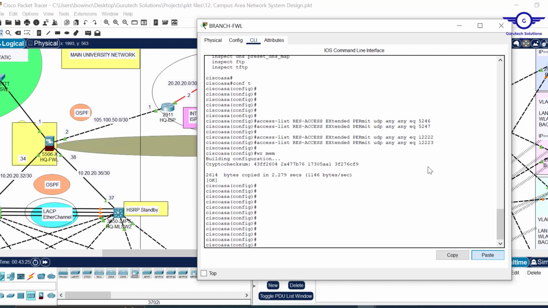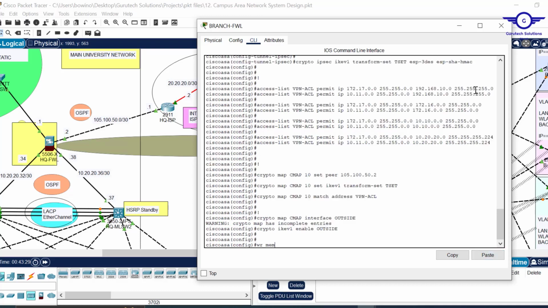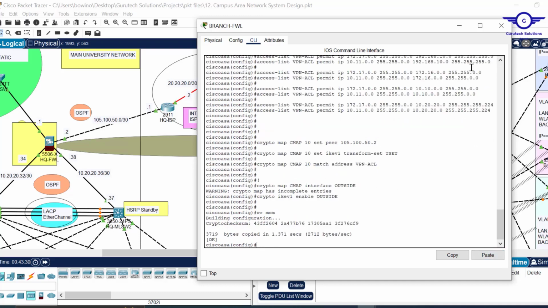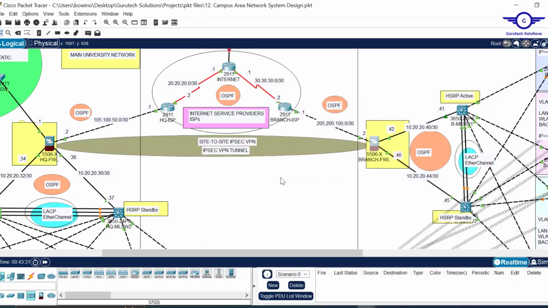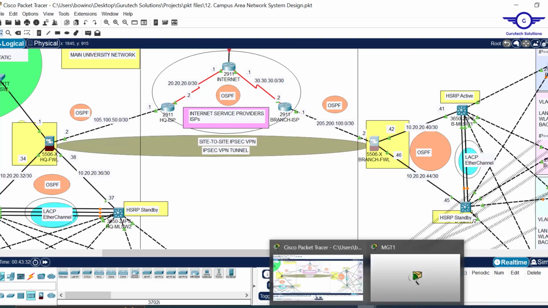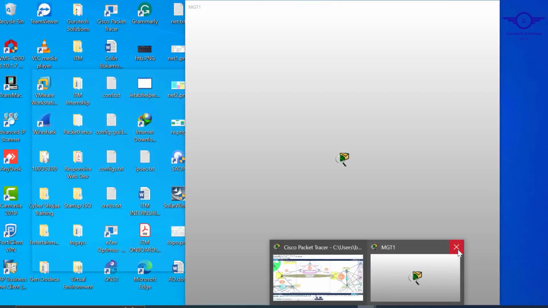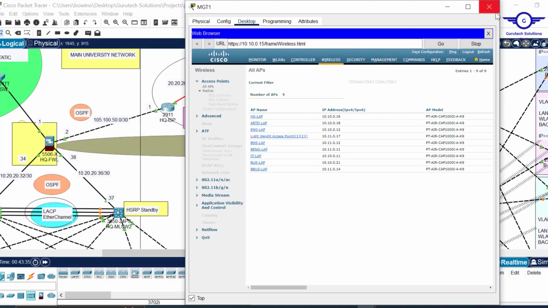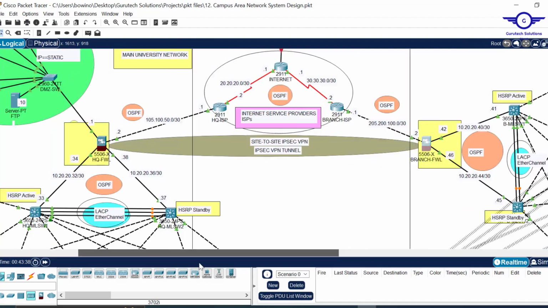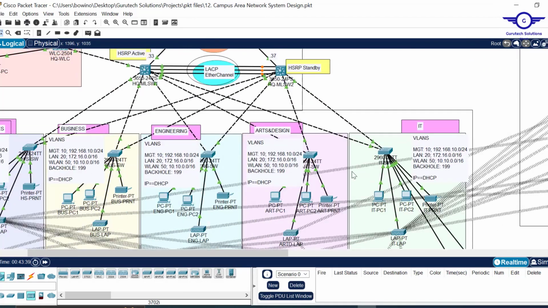Good. So that has been saved. So what I just do, just Control S to save. All right. So we're going to try to ping again. We can now close this wireless LAN controller. Now don't have any business with it. Yes. So we can now try to ping from